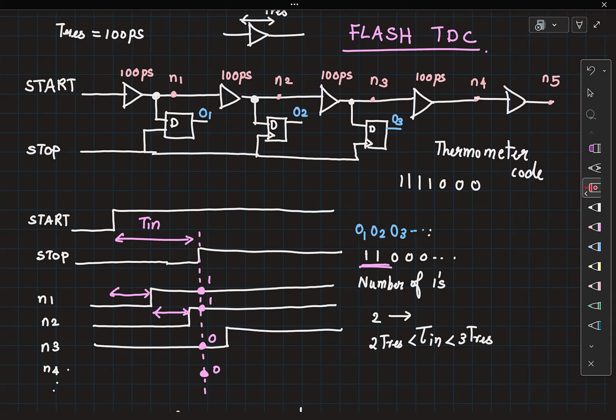So you want to have a flip flop after the latch. Like you want to sample it and store it, right? If you have a latch which is going to be transparent when stop is equal to 1, this change will directly appear at the output. It will initially see 0, and when the N2 goes to 1, the O3 will also go to 1. Which means if you want to hold it, you need to sample it, and the best way to sample it is using a flip flop. Right? But a very nice suggestion.